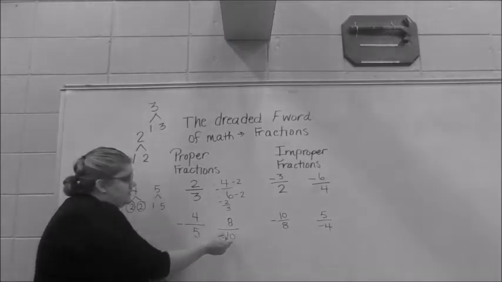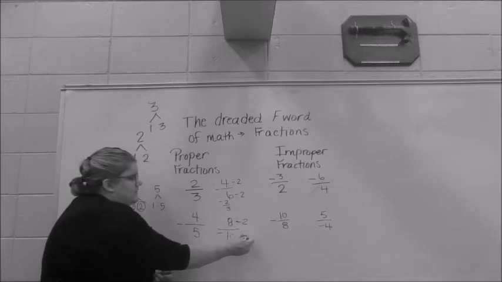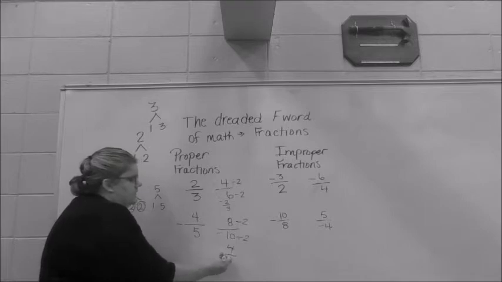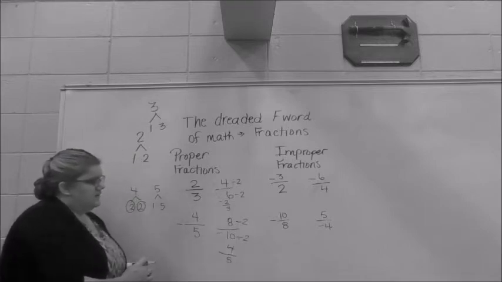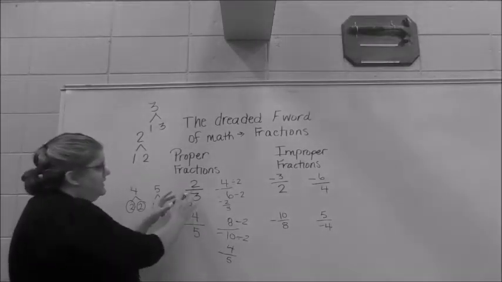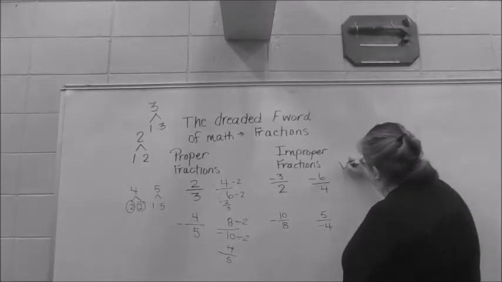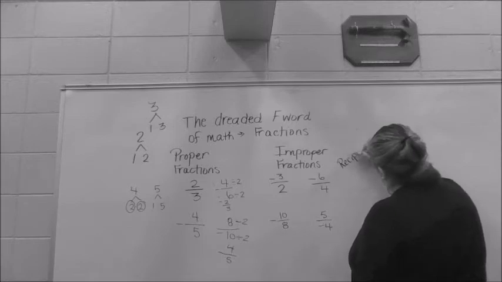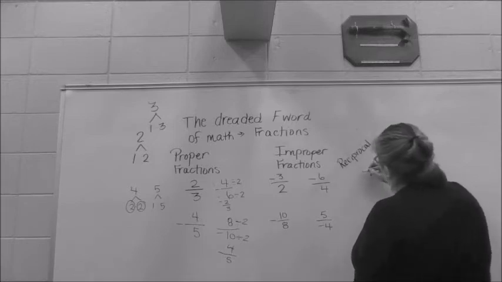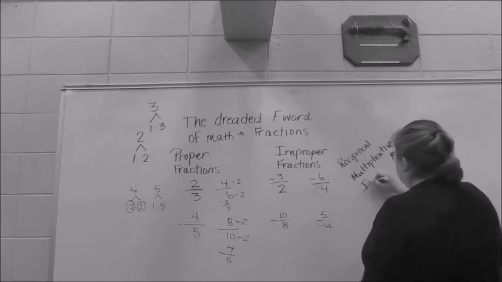So again, both of these are even numbers, so I'm going to start and divide by 2 and divide by 2, and I'm going to get it to be 4/5. And again, I'm just going to put that negative sign in line with the fraction bar. Okay? So over here, you can kind of see that I've just taken these answers and flipped them. All of these are actually called the reciprocals or multiplicative inverses